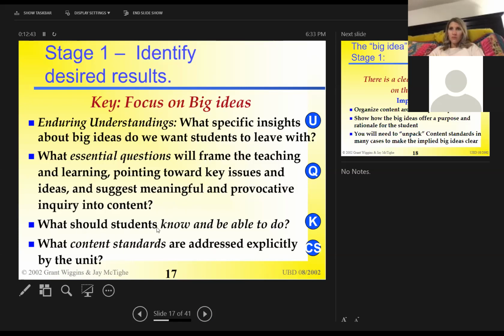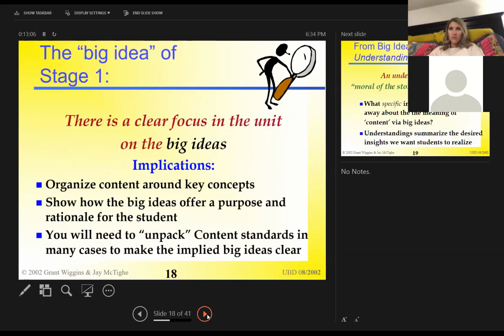So you should be able to define, and this is where your learning objective comes from, what is it that students should know and what should they be able to do with that knowledge? And then what are your content standards? Because if you've done a good unpacking job, you started here with your standards, and then you're able to create the rest of these from that unpacking of that standard or standards, okay? So again, this just kind of reiterates that again.